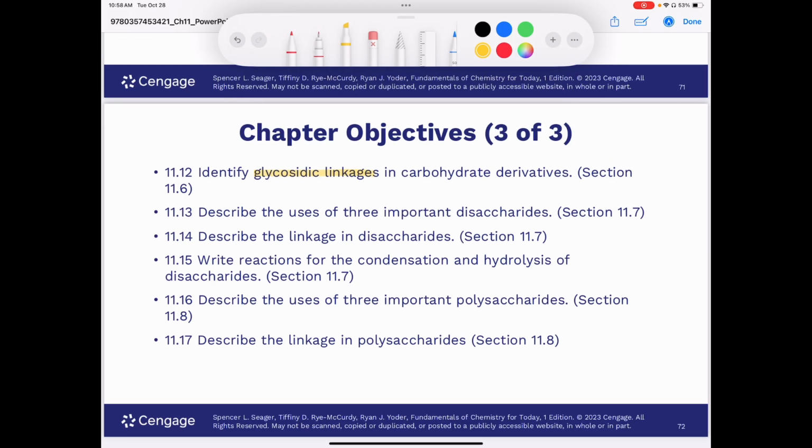We should be able to identify glycosidic linkages. Describe three important disaccharides. Describe the linkage in disaccharides, write reactions of condensation and hydrolysis of a disaccharide. Describe the uses of three important polysaccharides, and describe the linkage